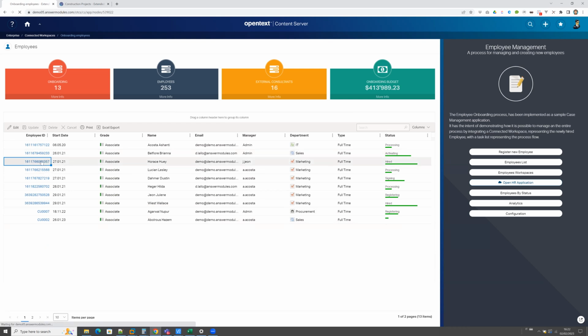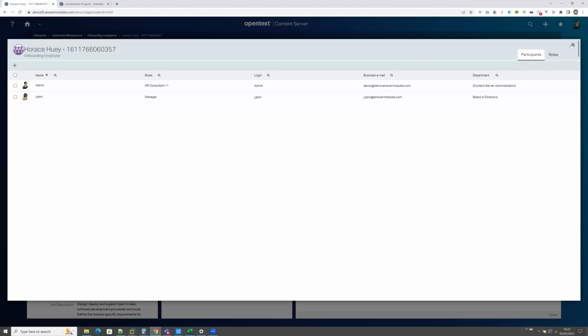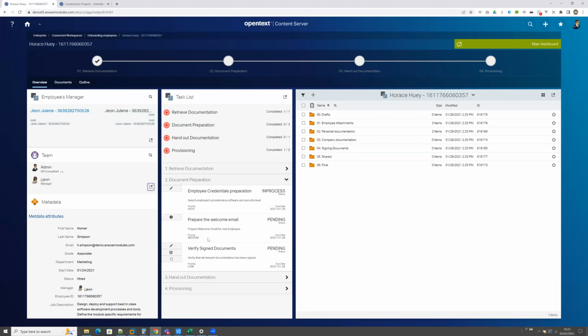What we also did, as I mentioned, is the possibility of utilizing standard widgets inside Smart Pages. This is an example of a perspective that does exactly that. As you can see, we stack the standard related workspace, theme, and metadata widgets into a single content script-based tile. From here, we can work with all this information. We can manage the different participants' roles. But as you can see, we have a much better usage of the space that we have in the page.